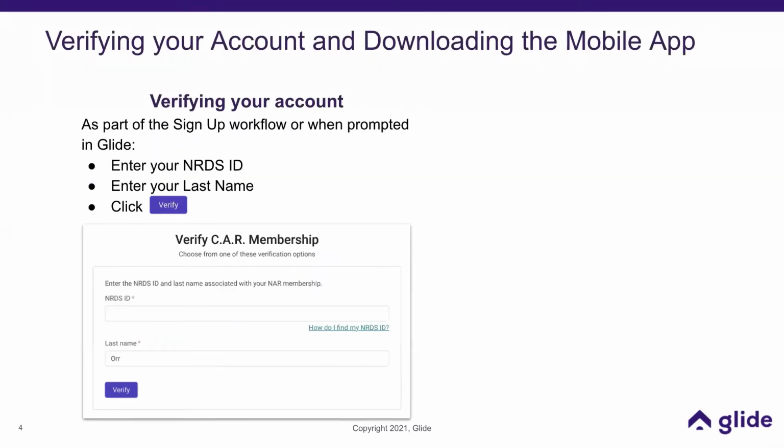To verify your account to get access to the form library in Glide, either as part of the workflow when signing up for a Glide account or when prompted in Glide, you're first going to enter your NRDS number, then you'll enter your last name. Lastly, you'll click Verify. Once your account is verified, you're now going to have access to the entire standard form